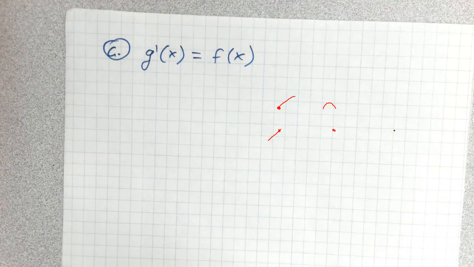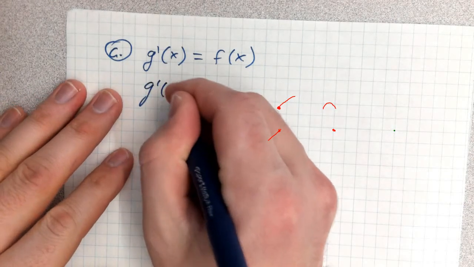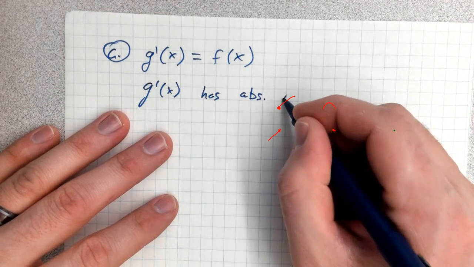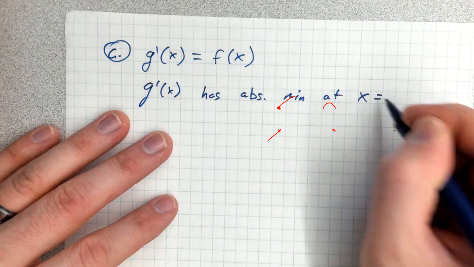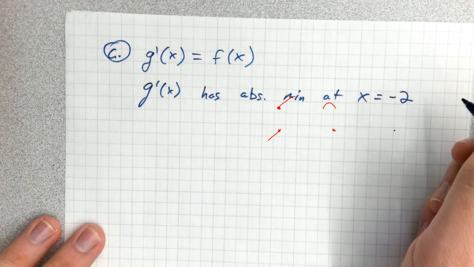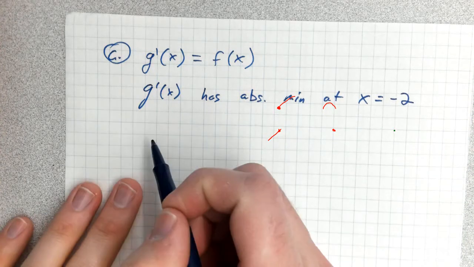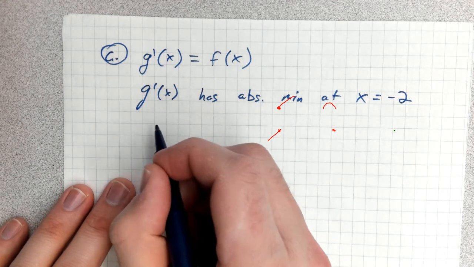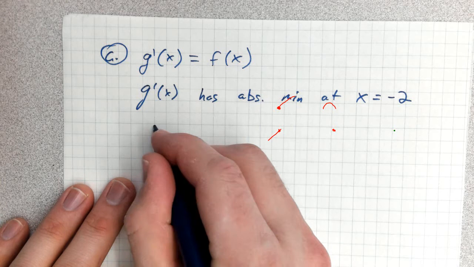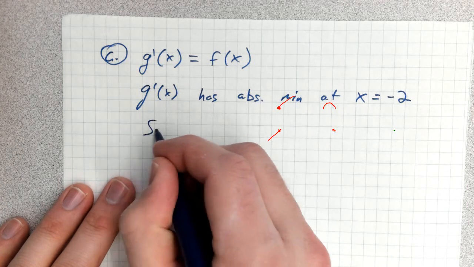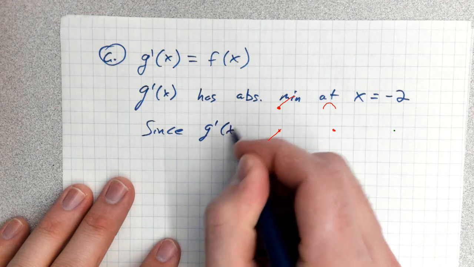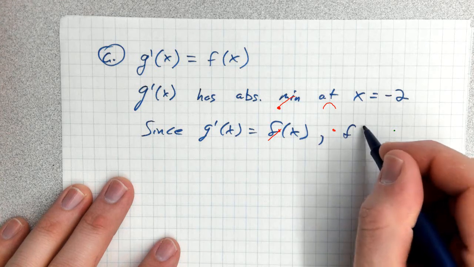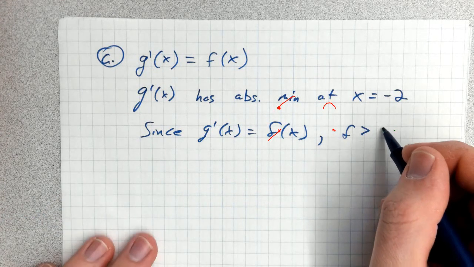Okay, so we'll write that down then. So g has an absolute minimum at x equals -2. Okay, and then the justification for that is, so how would you write this mathematically, or like the AP would be happy with, there's a couple ways you could write it. You could write since g prime of x is equal to f of x, and f of x is greater than 0 when